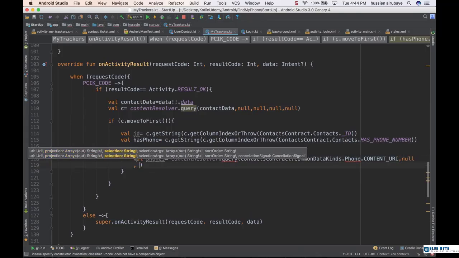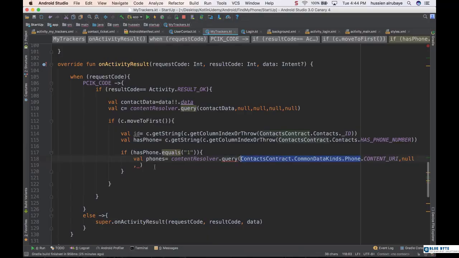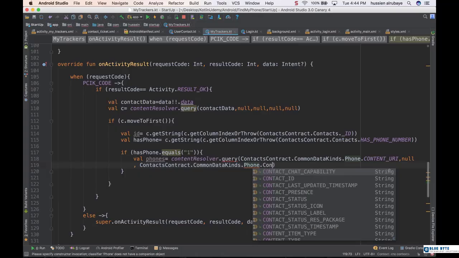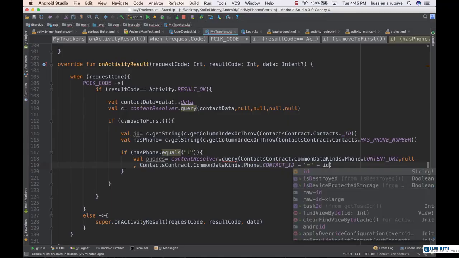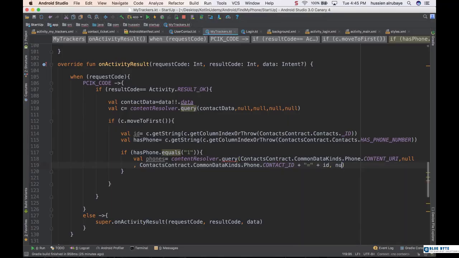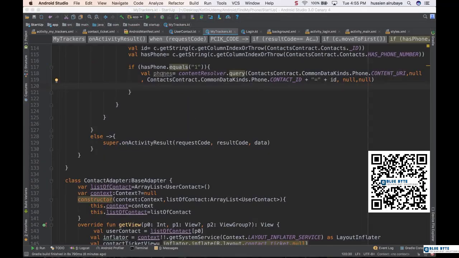The third parameter should be the same long thing, phone dot content ID. This is how this one will get the data from it. Then plus equal plus ID, so you bring the ID for that person, then you give it null and null. Okay, this one, phones, should return for me a list of the phones that are registered for the user,